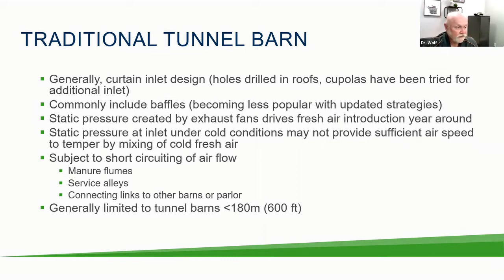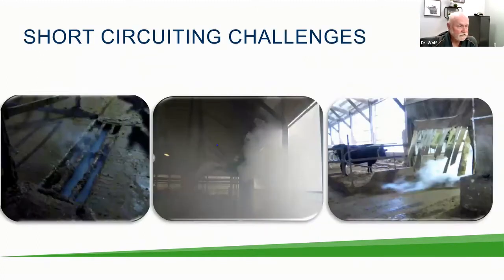Again, short circuiting is always a challenge, in both winter and summer conditions, whether it comes from the flumes, the service alleys, or connecting links to other barns or parlors that are joined to the barn. And the traditional tunnel barn strategy with power ventilation is limited to barns that are less than about 180 meters, around 600 feet, because the air quality diminishes as we get closer to the exhaust fans. So these are just some